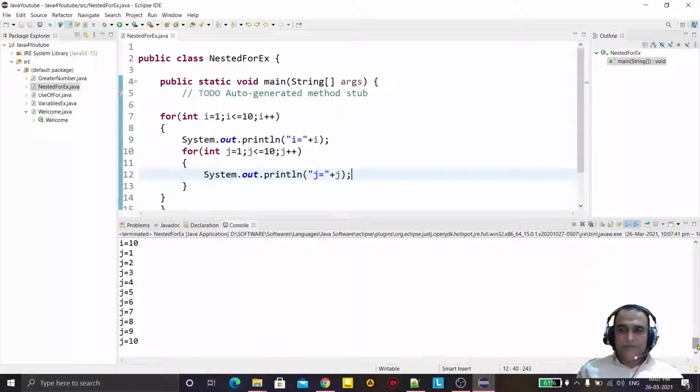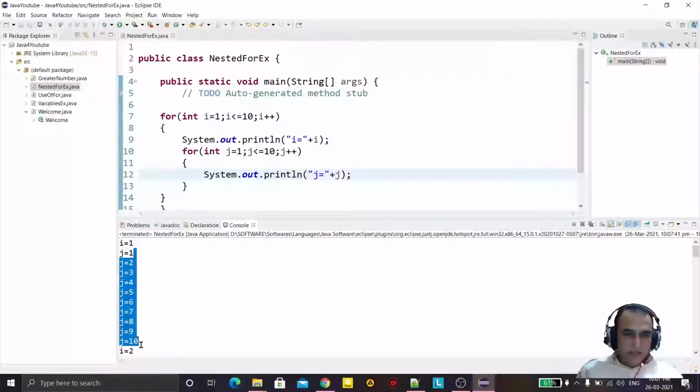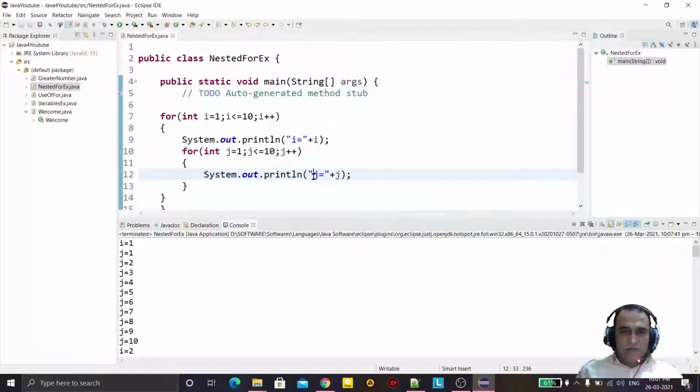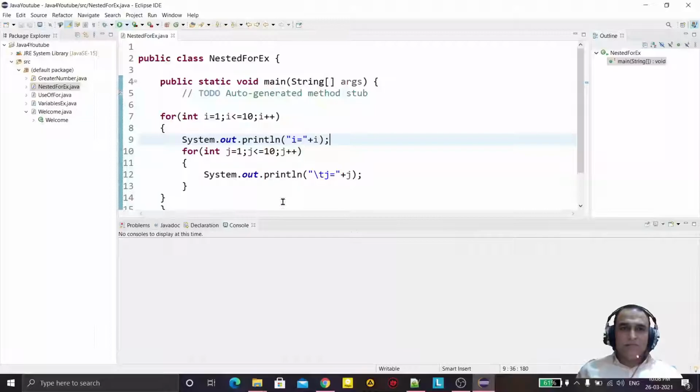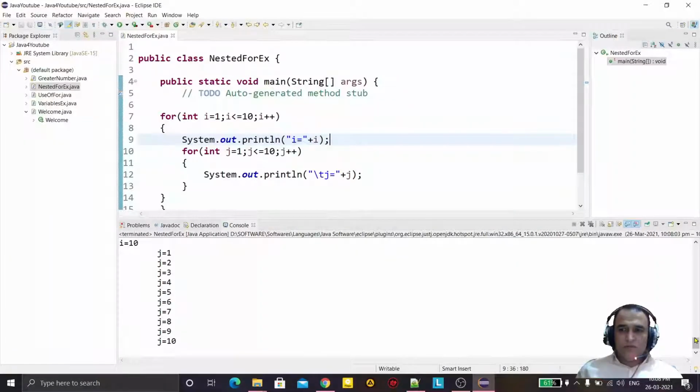So you see if I run now, first of all it will display the value of i is 1, then it will display the value of j 10 times, then value of i is 2. We can also have a space like slash t. So once again save and run, and you see the output.